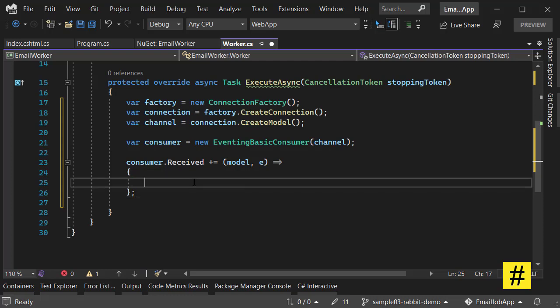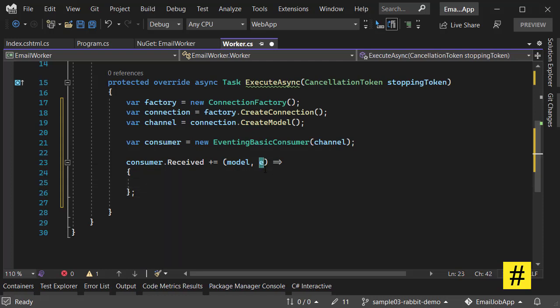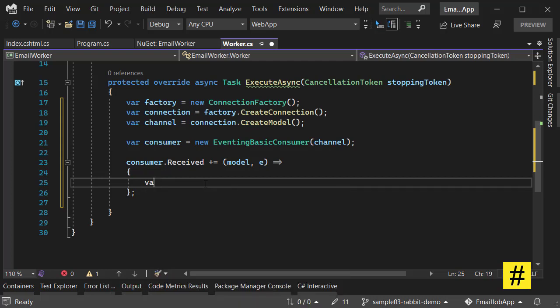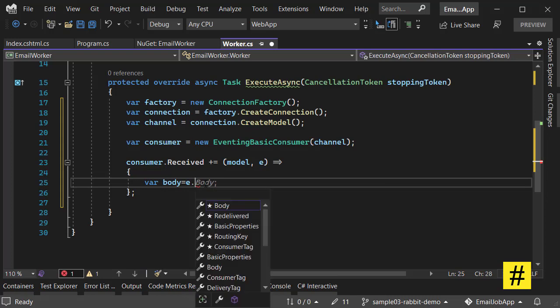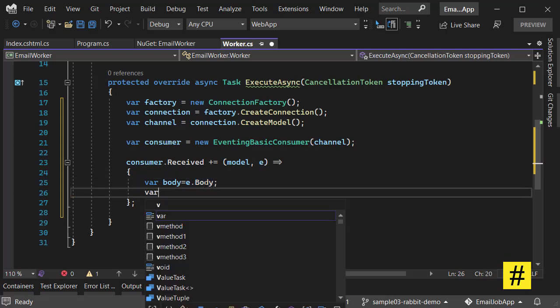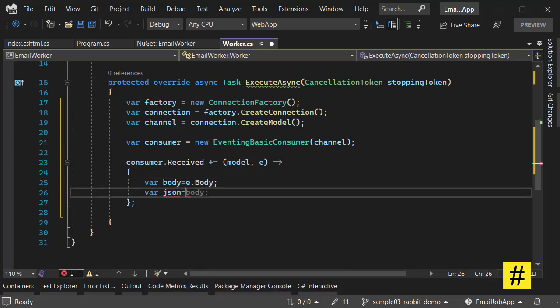And we have our event arguments, and we can read the body of the message in bytes. So e.body would be the body, and JSON would be